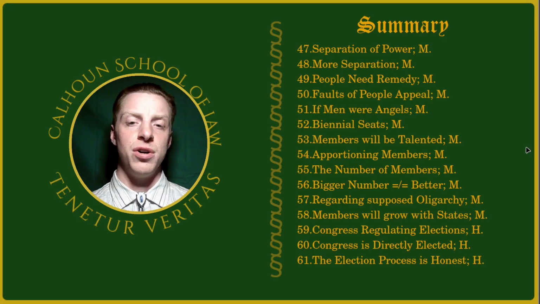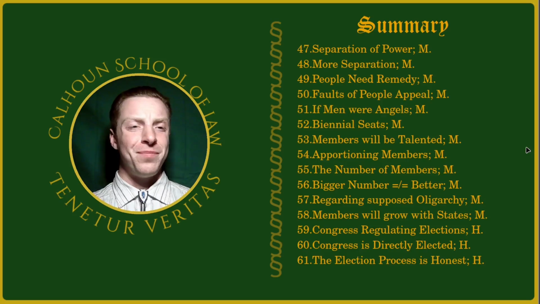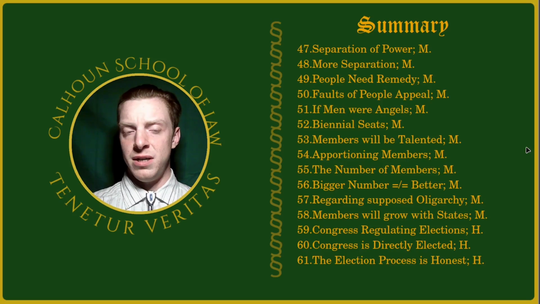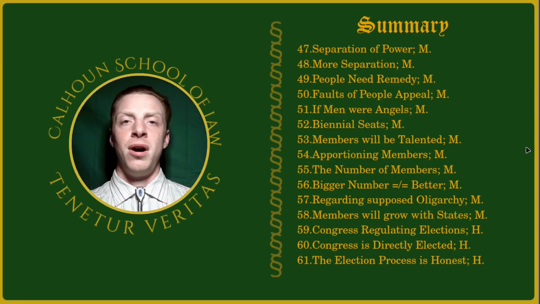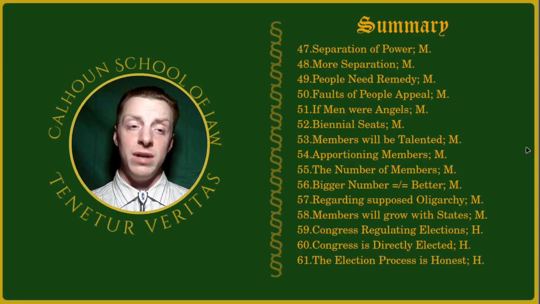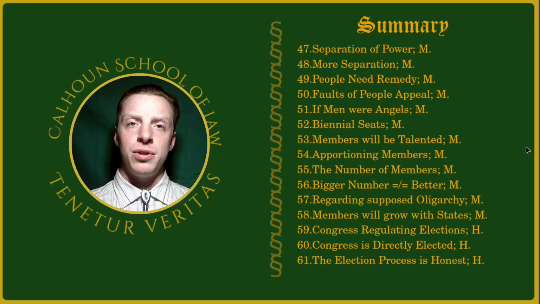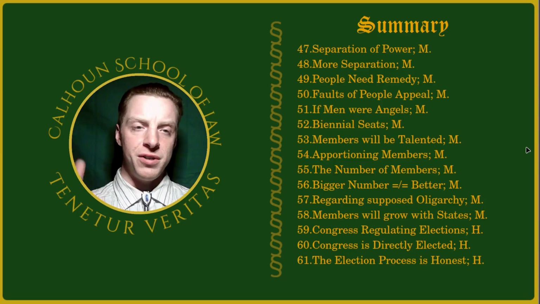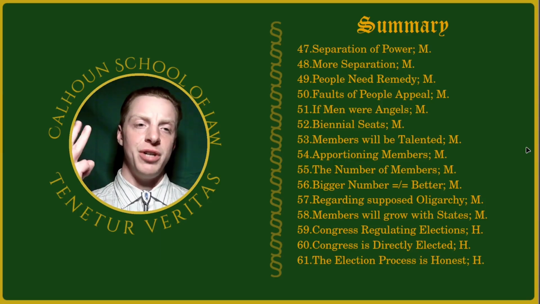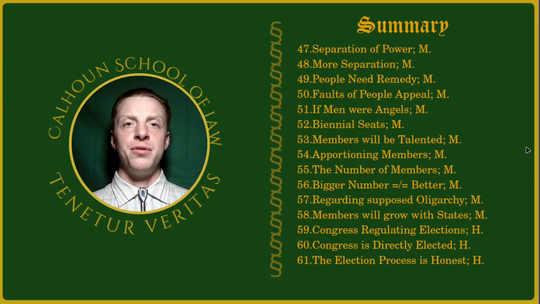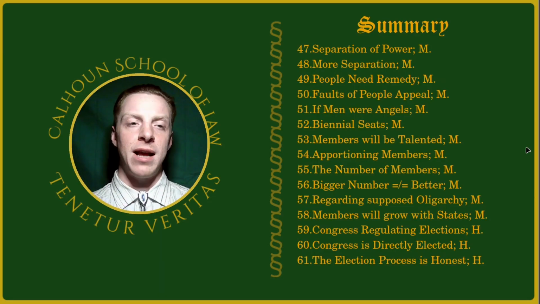Number 57, regarding supposed oligarchy. So Madison's directly addressing a critique from the Anti-Federalists, saying, well, realistically, the checks and balances that we put in place would make it really difficult for an oligarchy to come about, for all three of the branches to conspire, and that's realistically what would be required, which is why they gave the House the purse, it's why they gave the president the sword, and it's why they gave the justices the gavel. Keep the tools separate from each other so that there's not a singular tyrant capable of wielding them all.